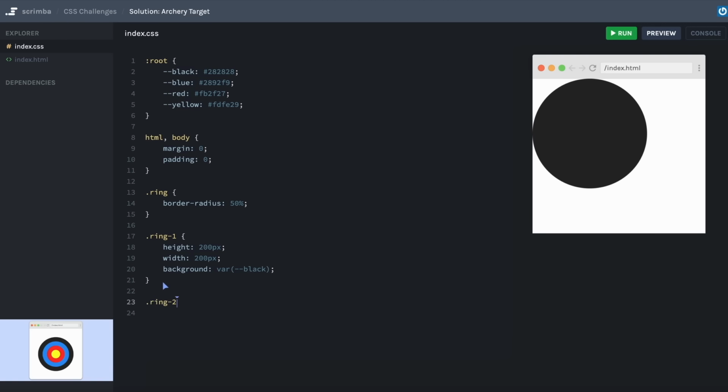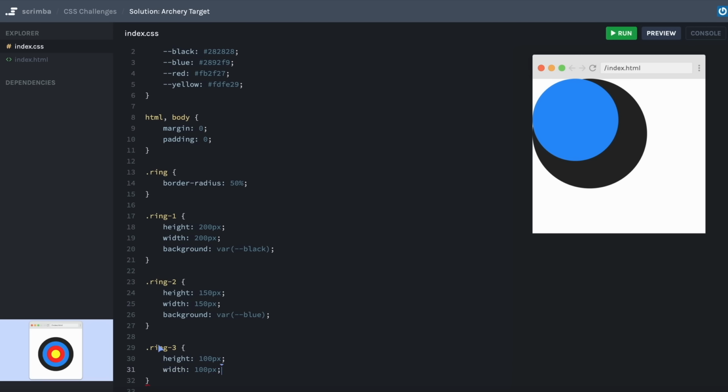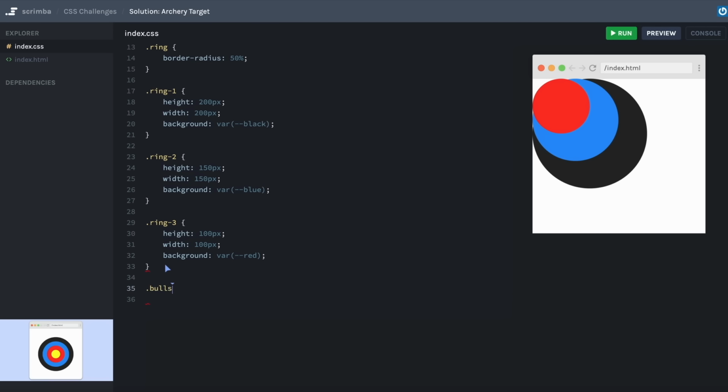Next, let's define ring 2. What I'm going to do is decrease each ring by 50 pixels. So this one will have a height and width of 150 pixels, and its background, from looking at the example, should be blue. And I have ring 3, which will have a height of 100 pixels, width of the same, and a background of red. Finally, we have the bullseye, which will have a height and width of 50 pixels and a yellow